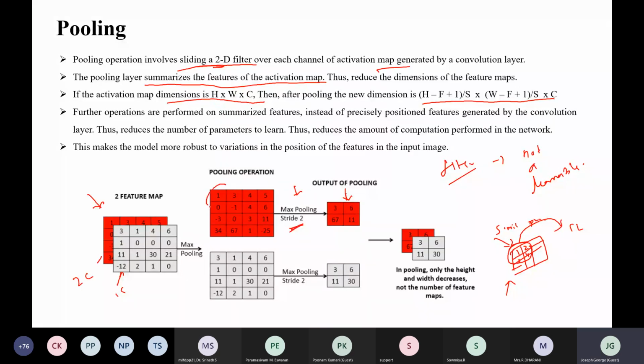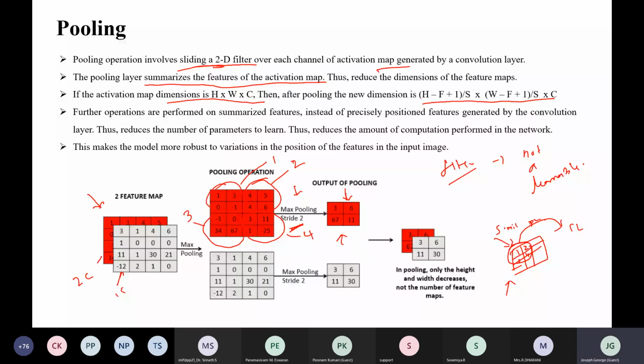This patch will give you one value, this patch will give you another value, which is the second pixel, this 2x2 will give you the third pixel value, and this 2x2 will give you the fourth pixel value. So this 4x4 is now reduced to 2x2.